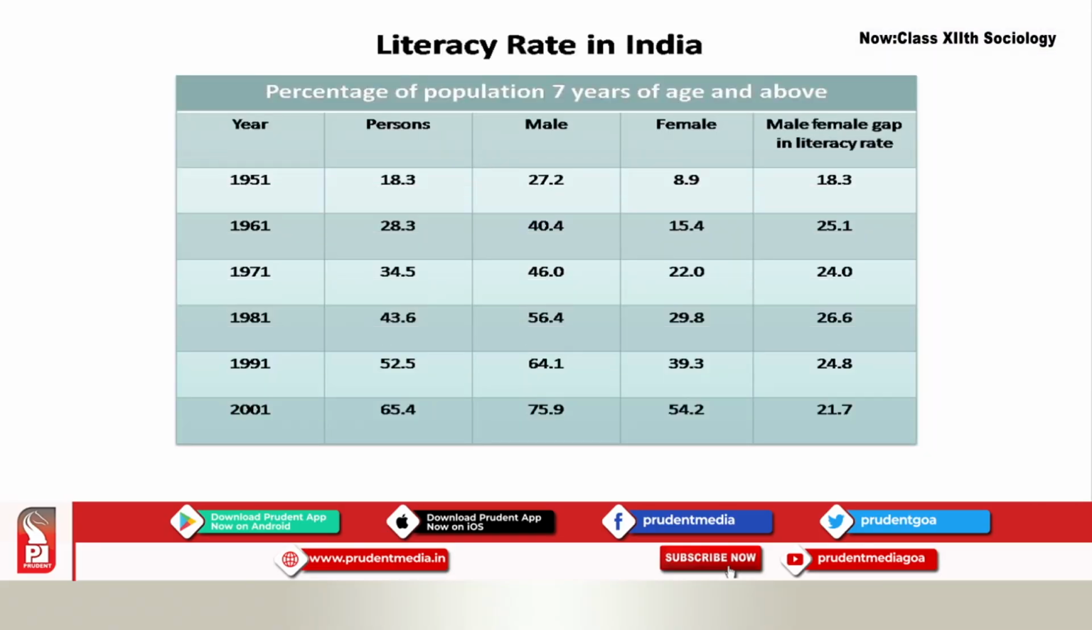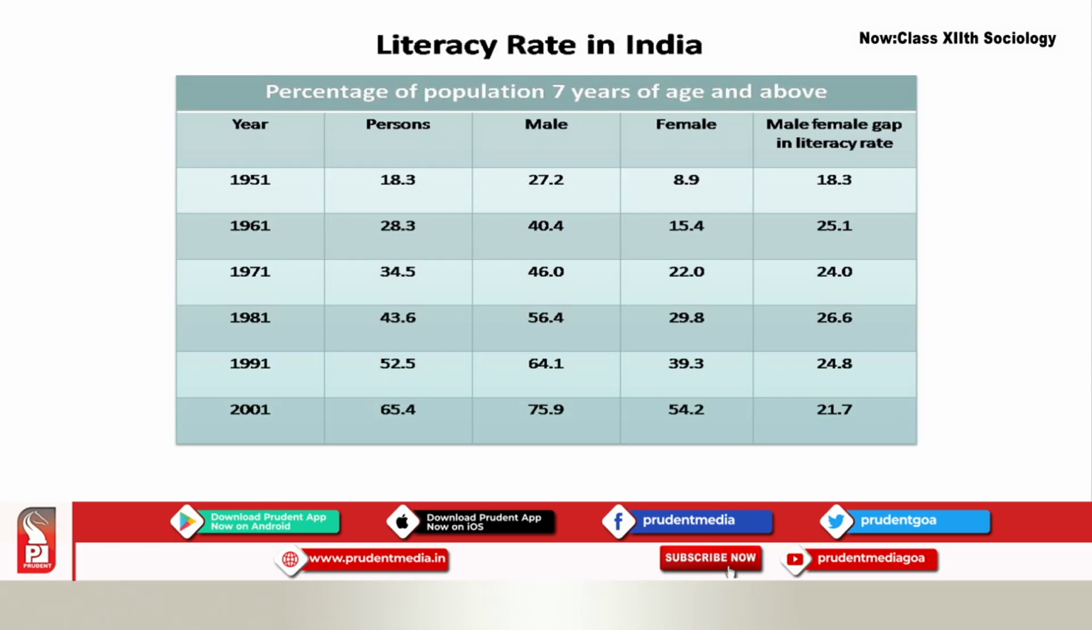Even in 2001, we can see the total percentage of persons is 65.4, in which 75.9% of males are literate, and 54.2% of females are literate, which is low, and the gap is still reducing. This is a good sign. The gap is